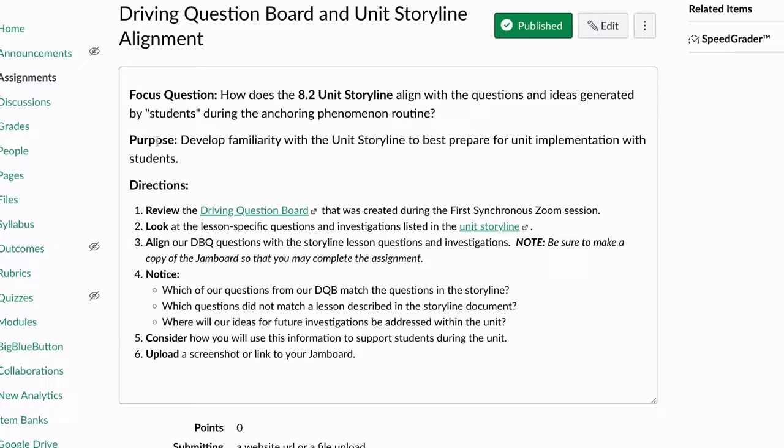And the purpose is really for you to become familiar with both the unit storyline and how the questions that students ask will be aligning with the storyline. In other words, when will you be addressing the questions that your students are asking? To do this, you are going to be reviewing the driving question board and the questions that your team generated. You will look at lesson-specific questions in the storyline,